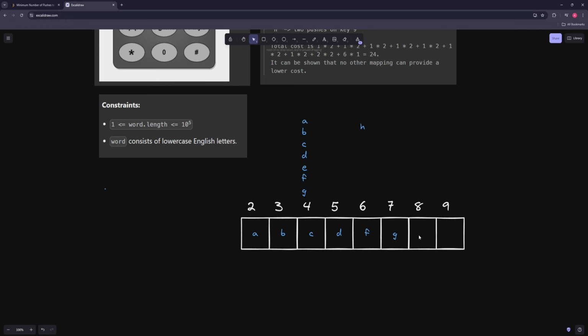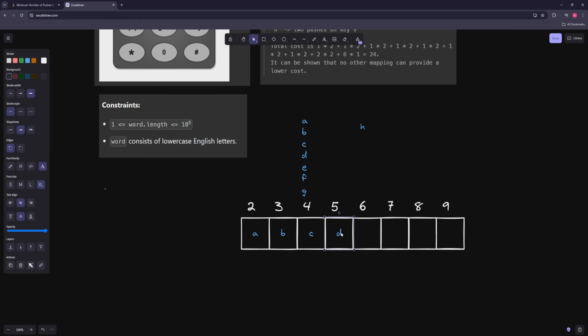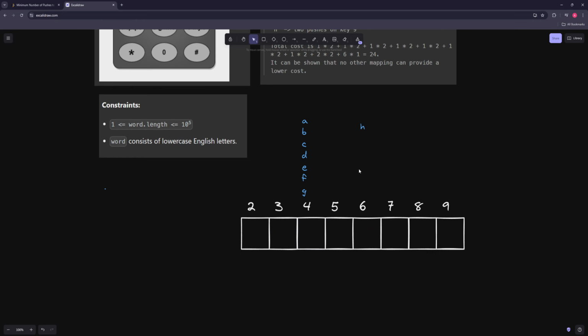This is fine, it doesn't really matter. Any way is fine, because then all of these letters will cost 1. And then you don't have to show the other letters, because the other letters don't really matter. They're never pressed, so they could just be mapped anywhere else. But once you have more than 8 letters, like let's say you have 16 letters or something,